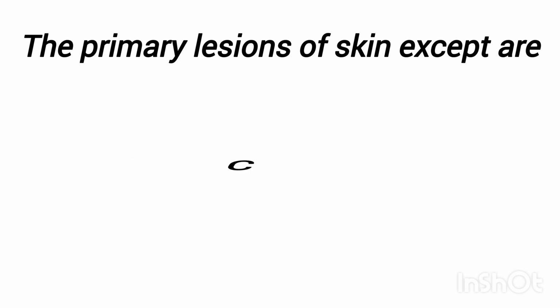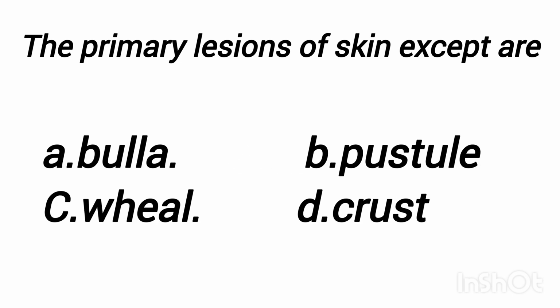The answer is crust because bulla is a fluid filled vesicle which can be seen in burns, contact dermatitis. Pustules we will see in the impetigo, scabies and acne. Wheal symptom is seen in the insect bites. Okay, these are all the primary lesions. And the secondary crust is the secondary lesion because it is formed